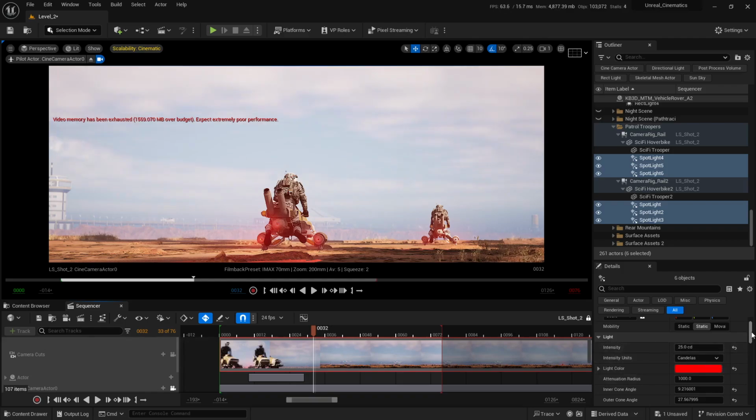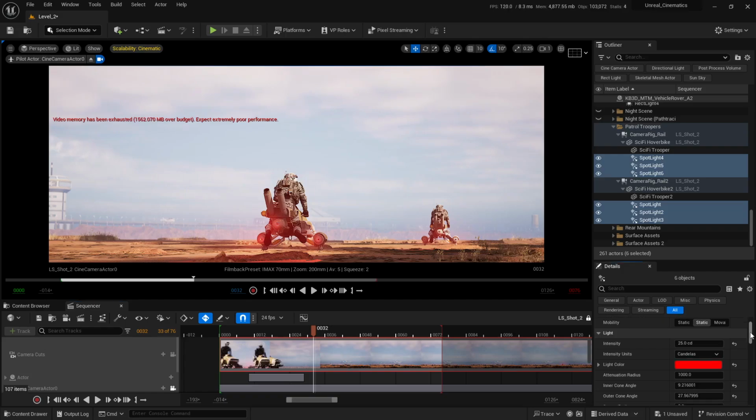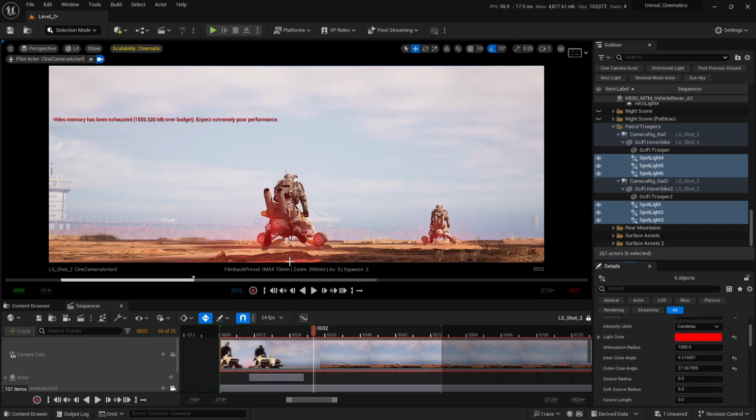So the next thing that I'm going to do is, let me scroll down. Here you can see that these spotlights are projecting some light on the surface as well. I don't really want that. I don't want this light to project on my surface, whether it's a day shot or a night shot. So for this, I'm just going to decrease the attenuation radius. I'm going to select this attenuation radius from here, and let's bring this down to, let's say, 500. 500 is maybe not enough. Let's try 250. Now you can see that we have a lot of improvement here, but we still have